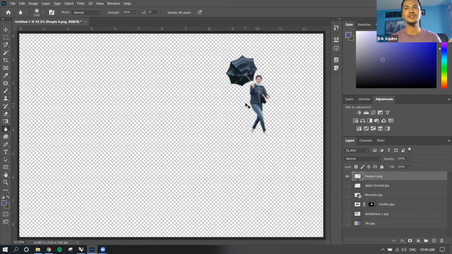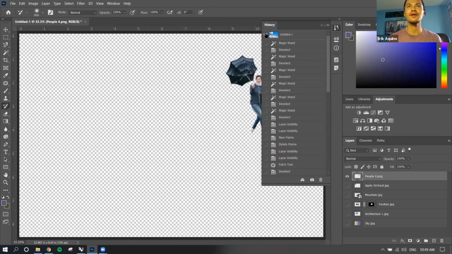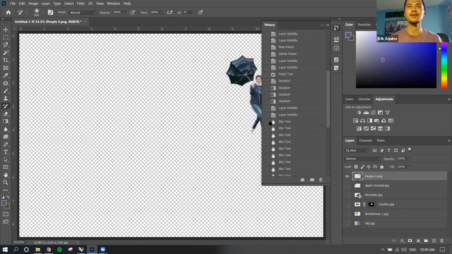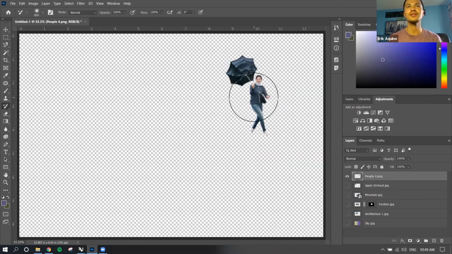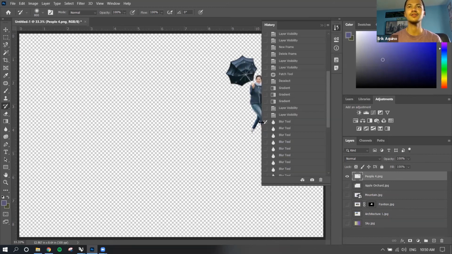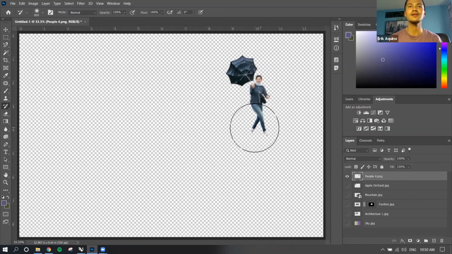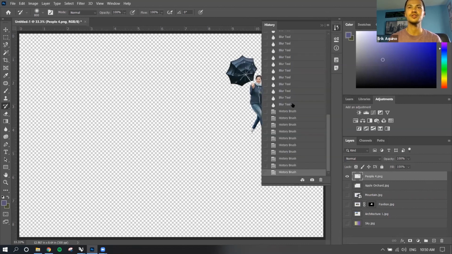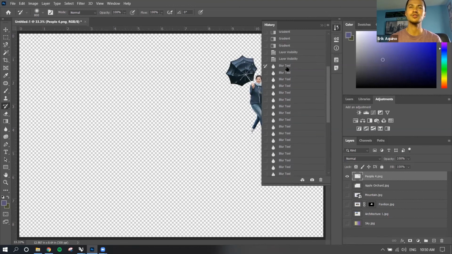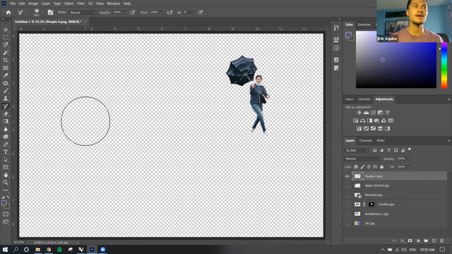But now I want to revert the change because I'm not a fan of how blurry she looks. We'll choose this history brush tool now. Go to our history panel and change our icon, deselect it, and place it on the first blur tool. So what this does is I can selectively paint over layers or content in order to revert back to this one command. So if I just wanted half her body to be unblurred, then I'd paint over half of it. Otherwise, I could make the whole change and we should selectively come back to this portion of our history of commands. I'll return this to here and we'll move on to the next tool, which are your dodge, burn, and